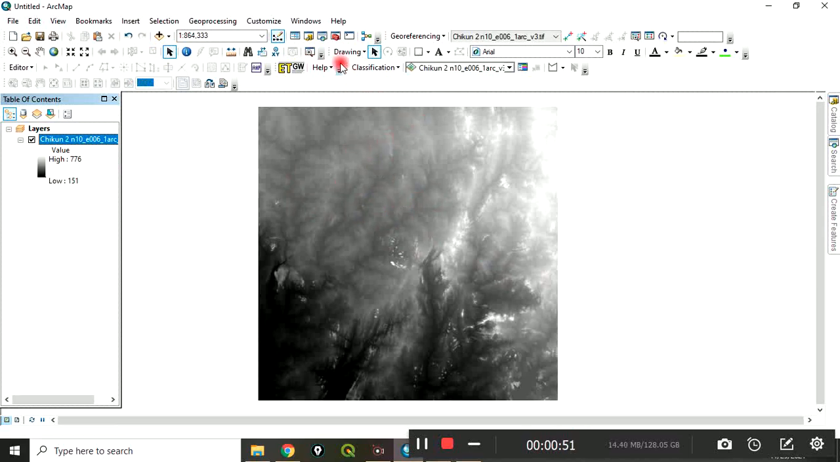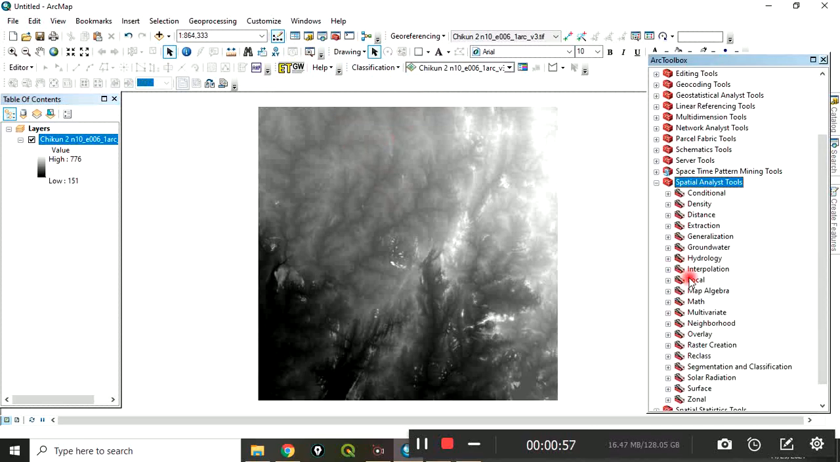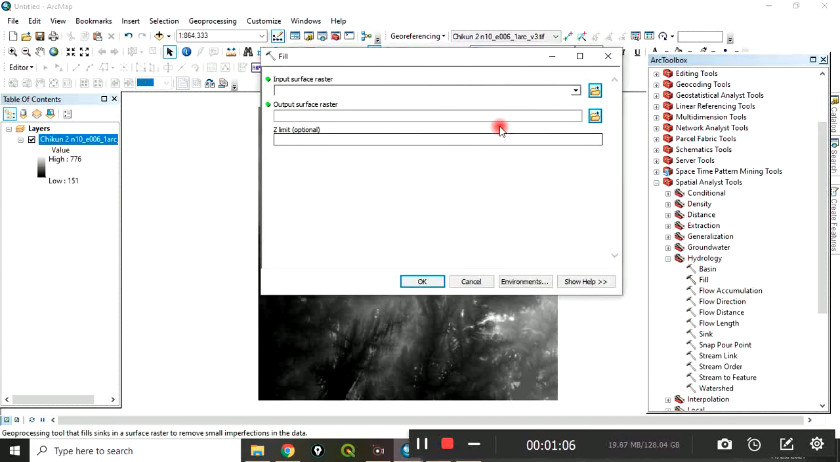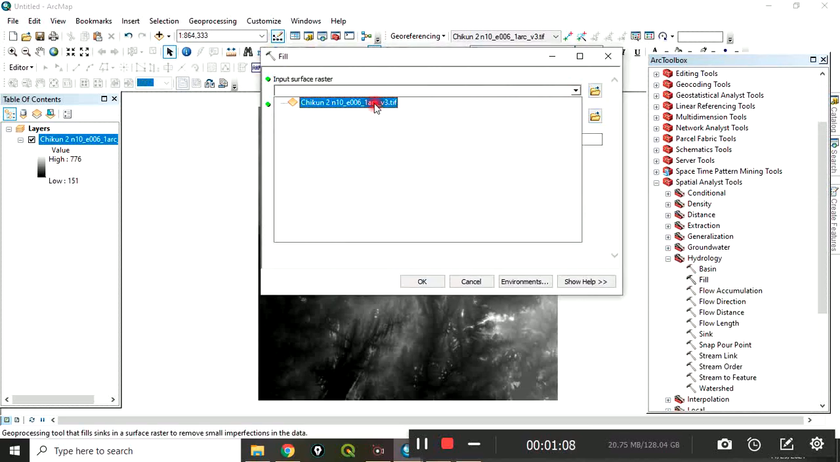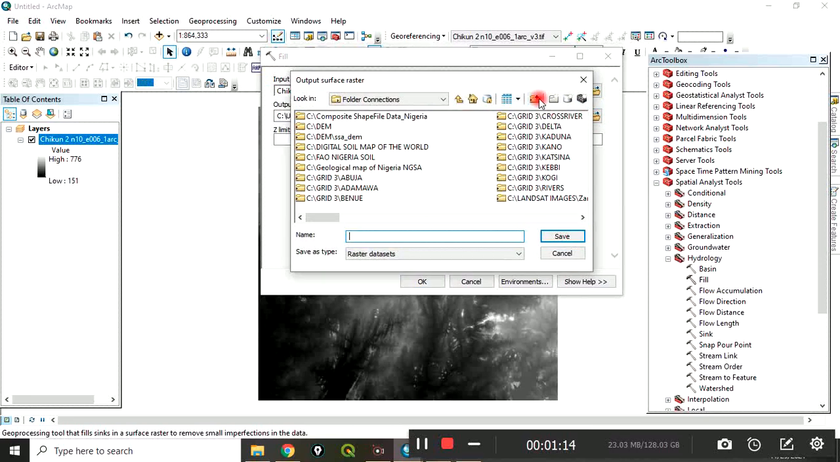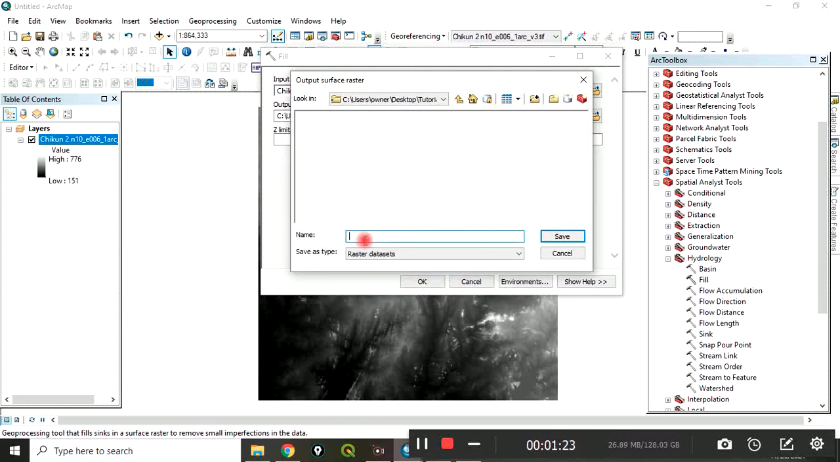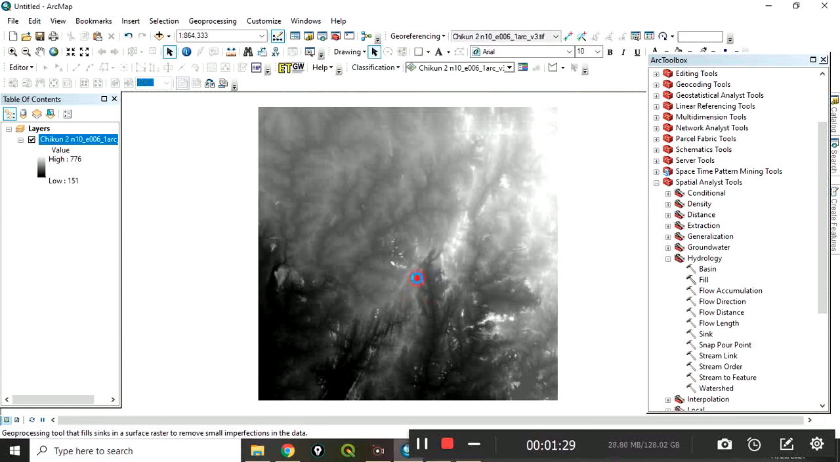So the next thing now is we go to our ArcToolbox, go to Spatial Analyst tools, go to Hydrology. The first thing to do is to fill. You click on fill, click on this drop down, add our digital elevation model, then connect to the folder where you want to save. In this case, I want to connect to my folder on desktop, which I labeled tutorial. Click on that, then you name it. Let's just name it fill, and you click save, you click OK. The process is running in the background,